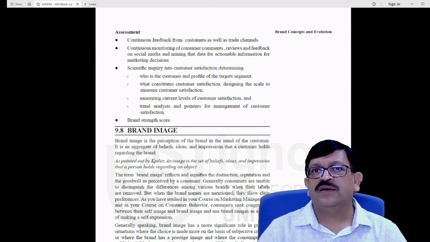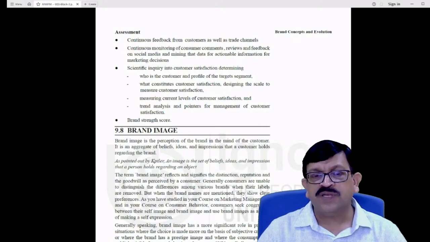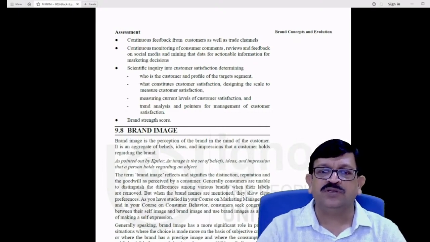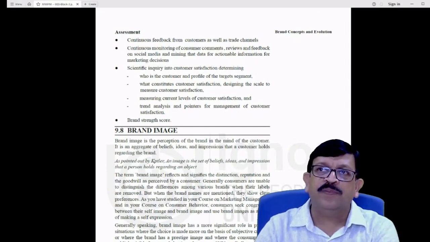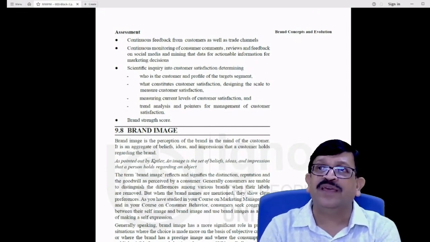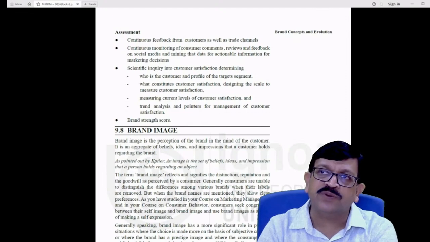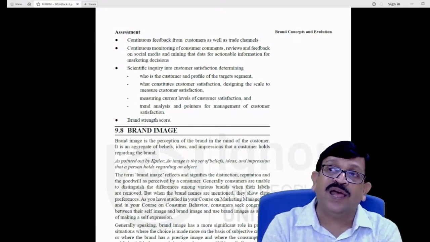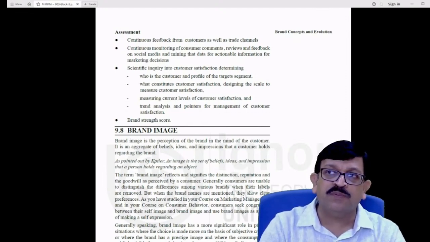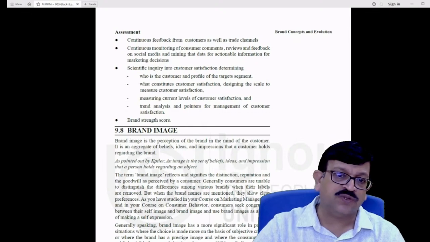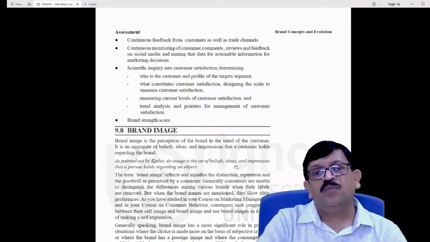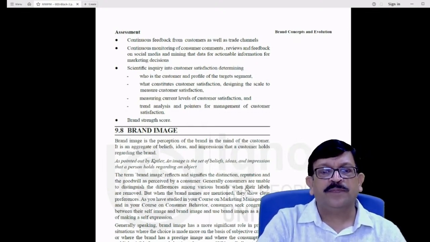Obviously, if the brand image is distinct, if it has goodwill and a reputation, it always helps the company. Having a very strong brand image always helps to render better products and better engagement with the consumers, as well as with the other members associated with the brand value chain, and also with the shareholders, which is a very critical point for today's market.